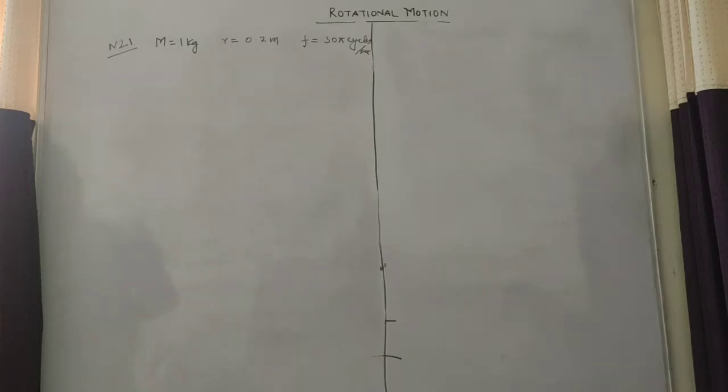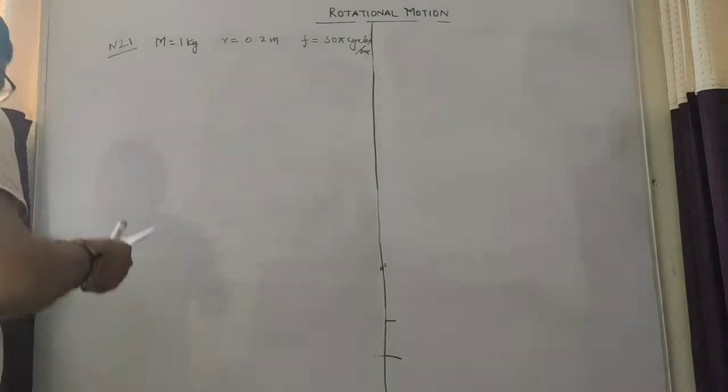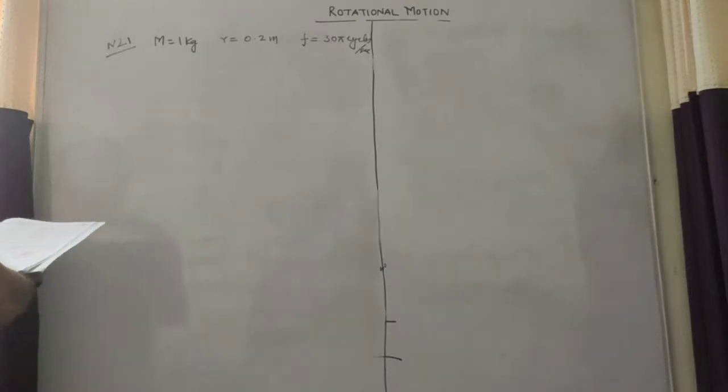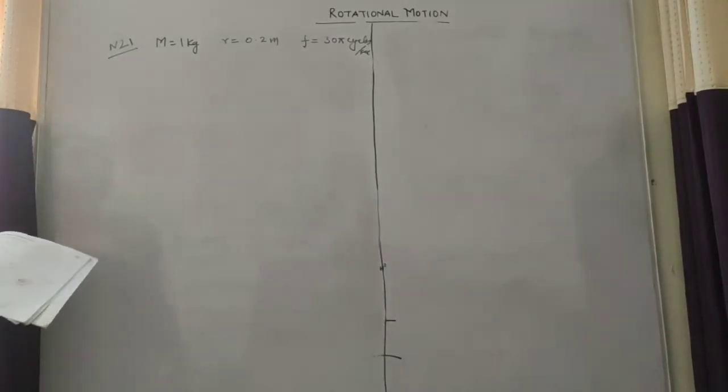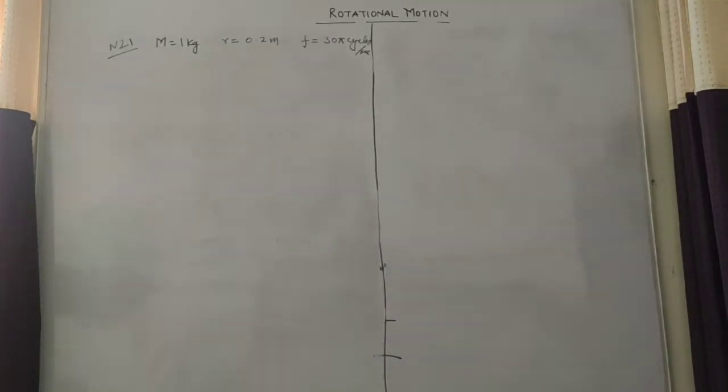Continuing with numerical number 19. I have done numerical number 19. Now I am doing numerical number 21. This numerical states that